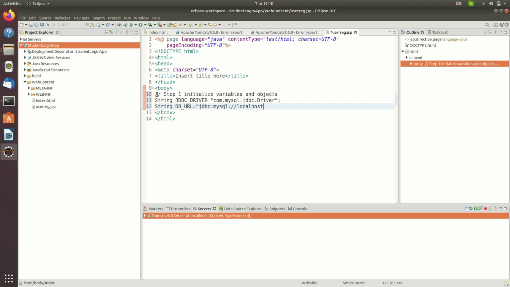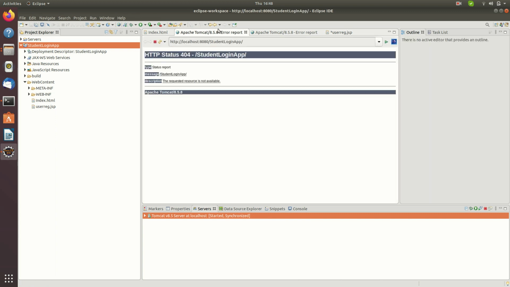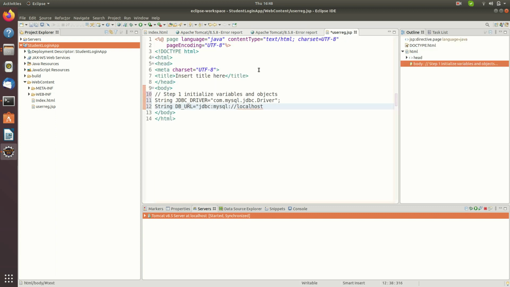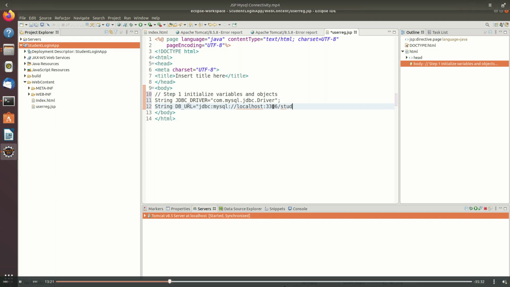Now my MySQL database is installed on the same machine, so I have to give here the localhost colon port number, default is 3306, slash. I have to give here, instead of table, you have to specify your database. Okay, the database name is collegedb.